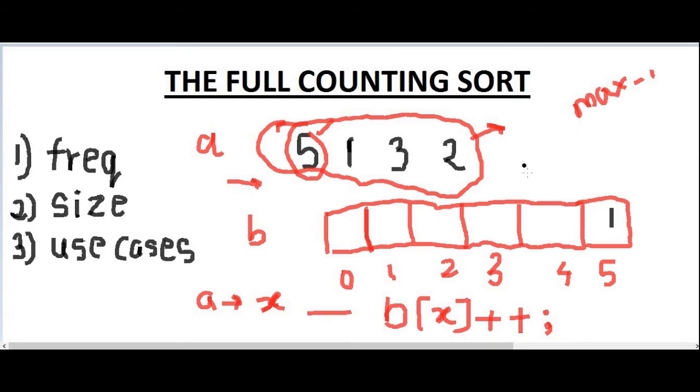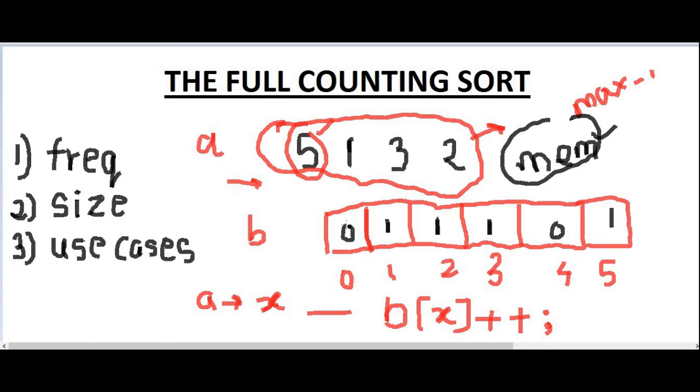Let's say we initialize everything to 0, which you can do using the memset function, or using an iterator as well. After that, let's say you get 1, you increment index 1. Again you get 3, you increment index 3. You get 2, you increment index 2, and all the rest of the values would be filled with 0, as they were initially. So you will get the sorted array.